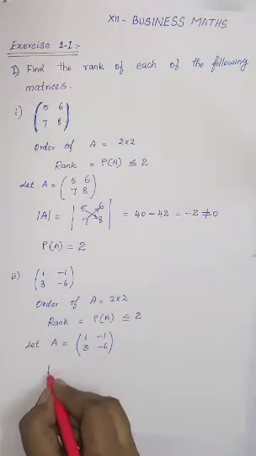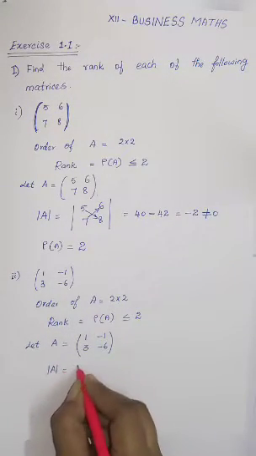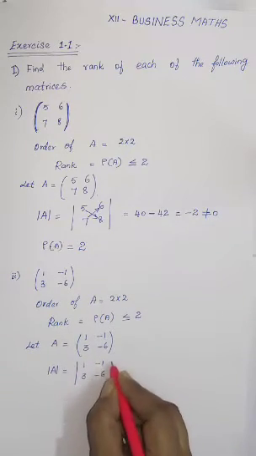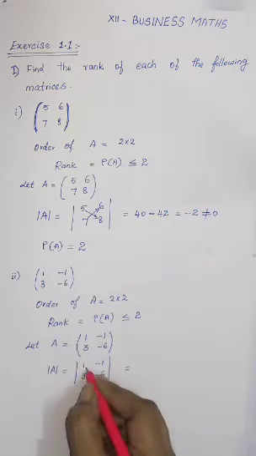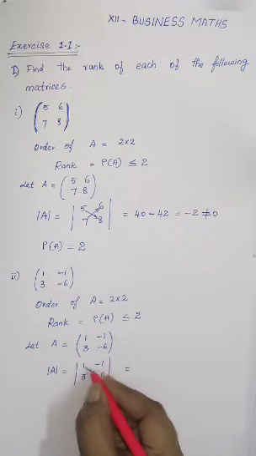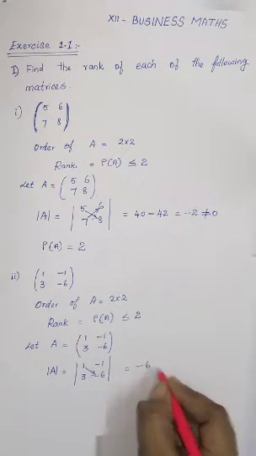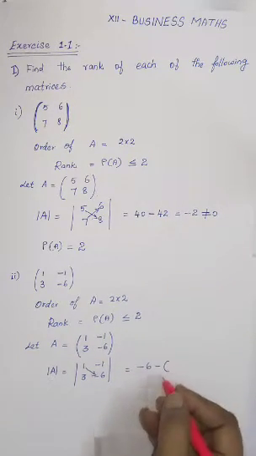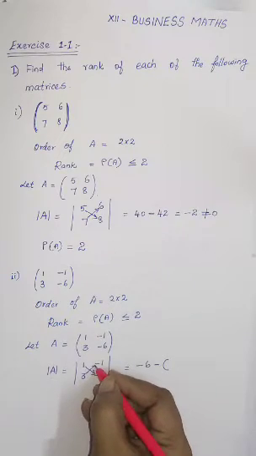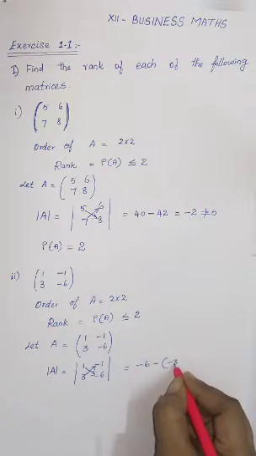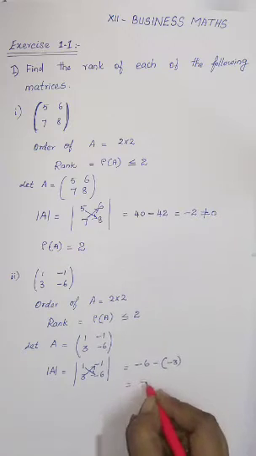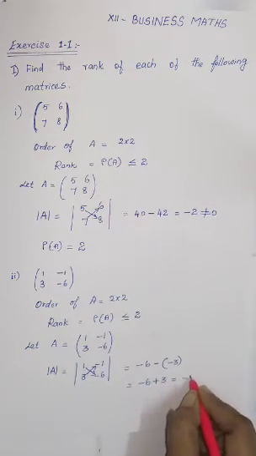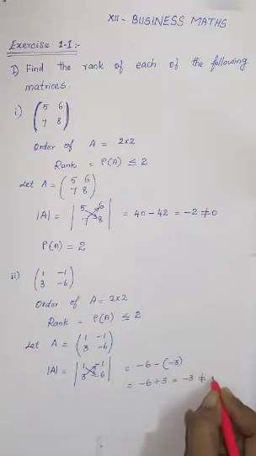So now we'll have to find the determinant of A. Determinant of A is equal to determinant of 1, minus 1, 3, minus 6. So the value of the determinant is multiplying these two diagonal numbers. 1 into minus 6 is, we will get minus 6. Minus from the format, again minus is there, so we'll just give a bracket. Now 3 into minus 1 is minus 3. So which is equal to minus 6, minus into minus is plus 3, which is equal to minus 3, and that is not equal to 0.